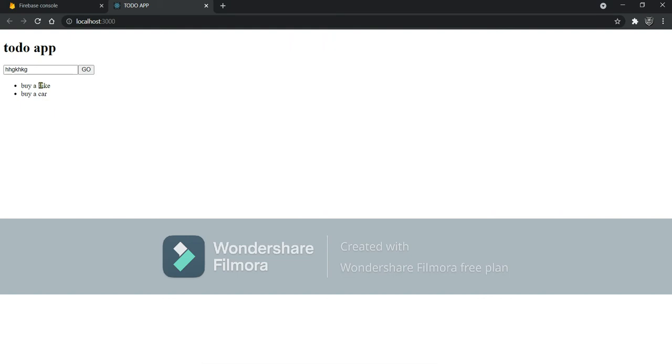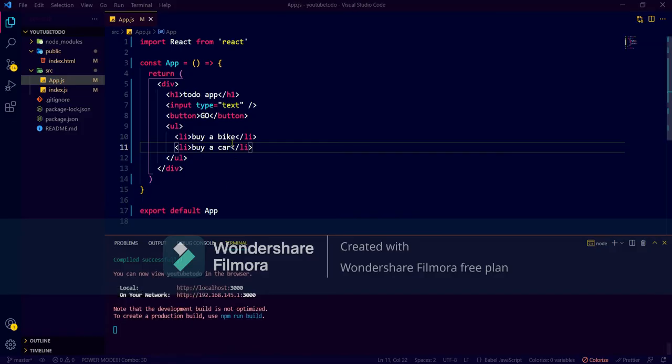We do not want it to be hard coded, because if we hard code it, what is the use of connecting it with the backend if we are just writing here? So we will connect with the backend like Firebase, but till now I'm just showing you that it will appear like this. We will write here, we will press the go button, and it will appear here. And if we refresh it, it will stay here because we will connect it with Firebase. But before that, let's build our initial thing.